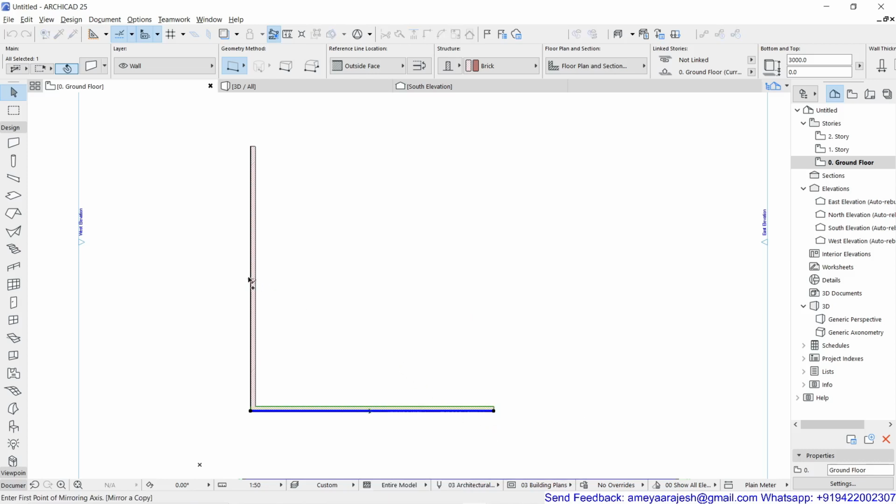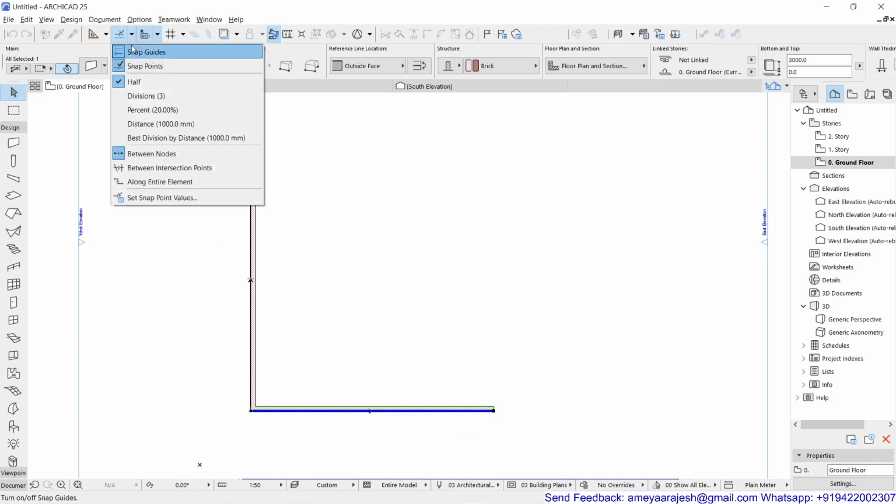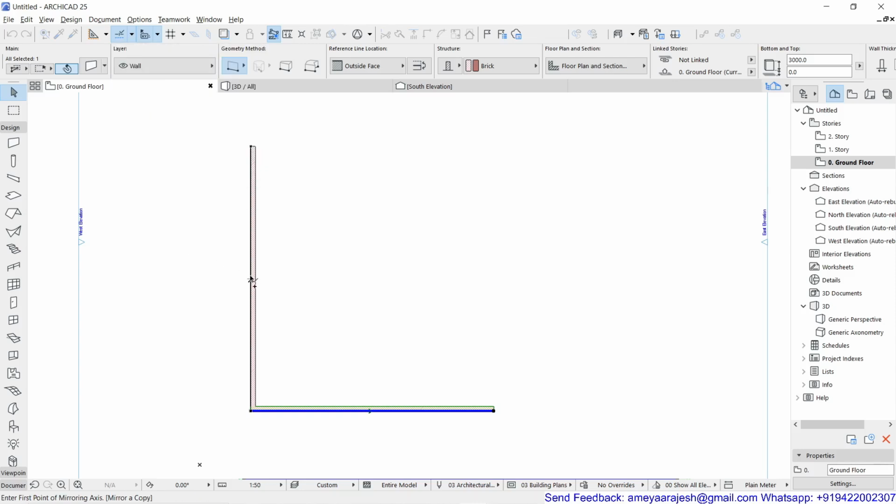And now if you just touch the midpoint of this, because you were using the snap guide and snap point with half and between nodes, these are all the options. You just please check, and then I'm going to touch this object and it's half. Okay, you can see the nodes are getting highlighted and half of that.